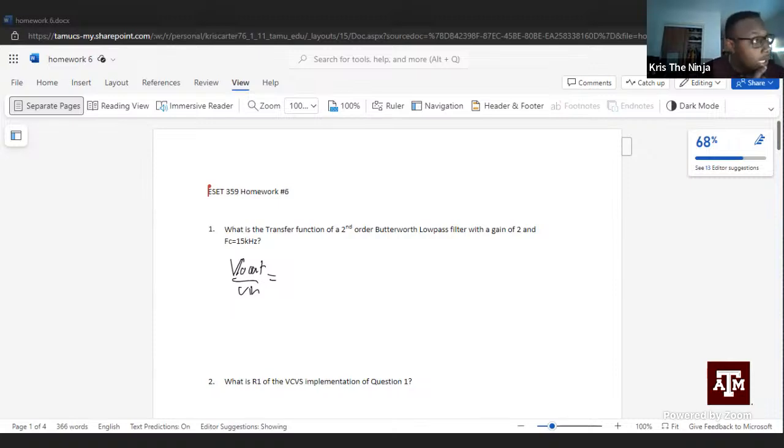So the transfer function for a second order Butterworth low pass filter with a gain of 2, you would have 2 times B, which is 1, times omega C. That's the cutoff omega. I forgot what the actual term is called, but you find that by doing 2 pi multiplied by the frequency. So our frequency FC is 15 kilohertz. So 2 pi times 15 kilohertz gives you 30 pi kilohertz, which is actually